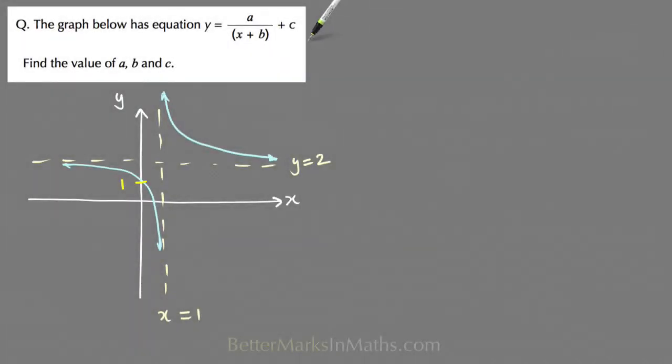In this question, the graph below has equation y equals a on x plus b plus c, and you have to find the value of a, b, and c. So here's the graph, and it's a hyperbola, vertical asymptote at x equals 1, and horizontal asymptote at y equals 2. So the first thing you can do, if you do it this way,